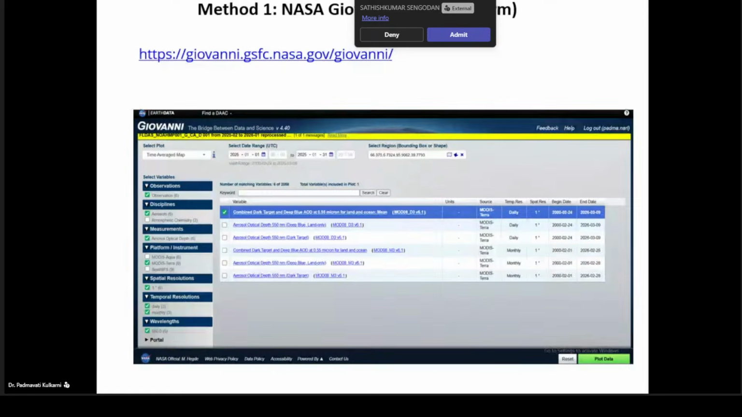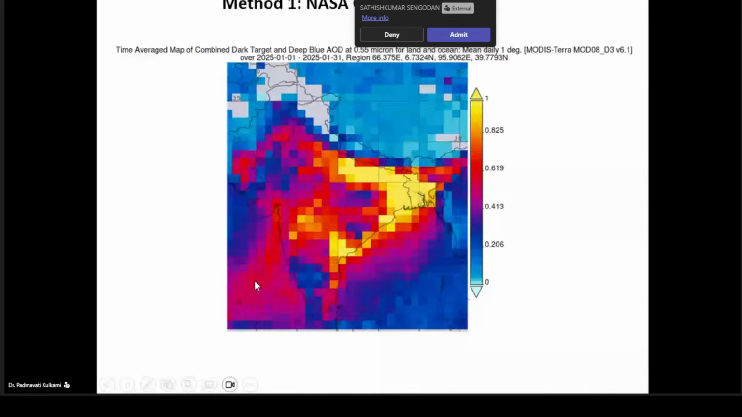Not only images, this image can be downloaded directly in JPEG or PNG format. Even the data is available. You can download this data in gridded form and plot it in some software which you are familiar with. That is also possible in this. Not only spatial maps, you can get temporal plots also. If you are looking for only Delhi, only some location, for the entire 1 year, those temporal plots are also available in this